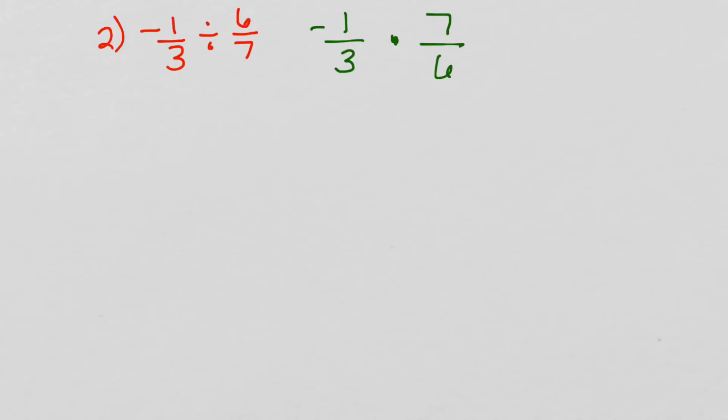that we can reduce. So 1 and 6, the only number that goes into those two numbers is 1. And 3 and 7, the only number that goes into 3 and 7 is 1. So I can't cross-reduce. So what I'm going to go ahead and do is just simply multiply straight across. So I'm going to do -1 times 7 is -7, and 3 times 6 is 18. So I have